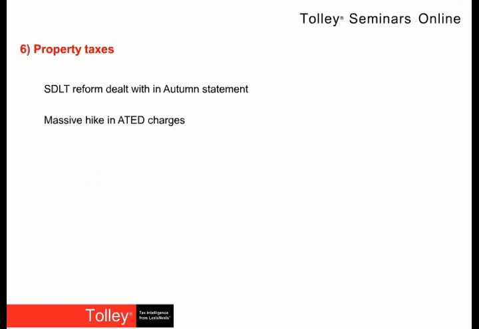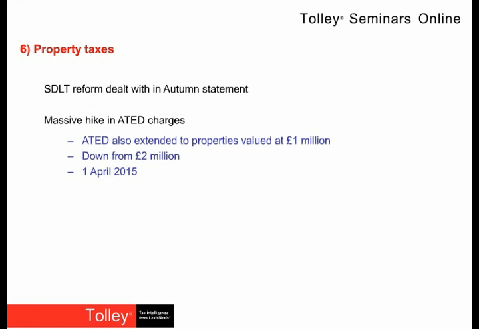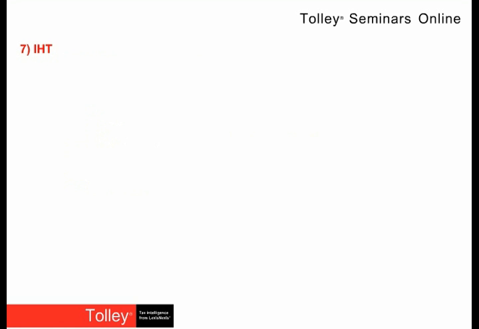So another one of these taxes where once they've got you signed up for it, it's really possible to turn the screw. We were also expecting ATED to be extended to properties valued at $1 million from April 2015, and that will happen, although there will be a transitional period until October to allow time for returns to be made. And of course, worse to come, because that limit is due to go down to 500,000 on the 1st of April 2016.